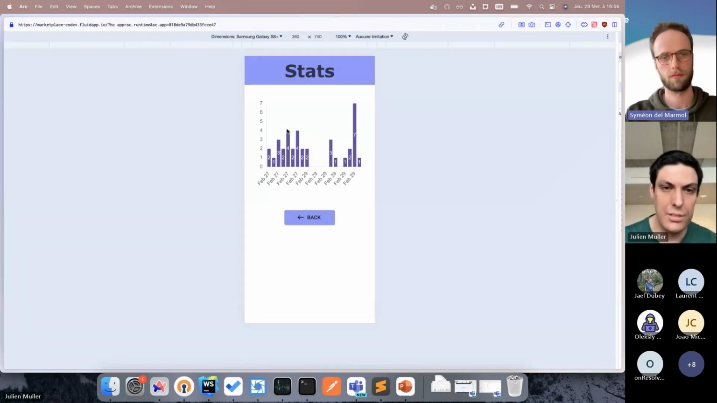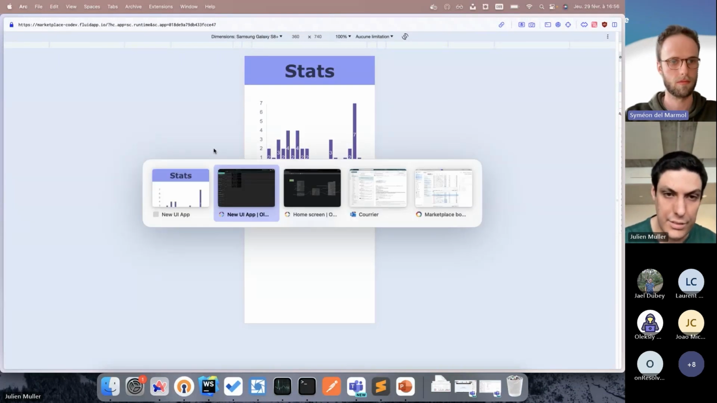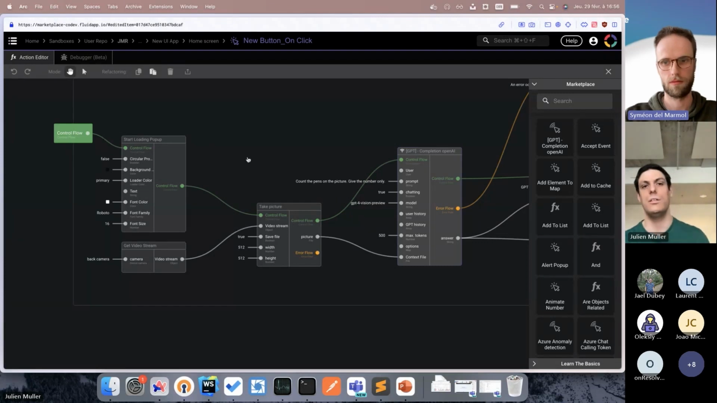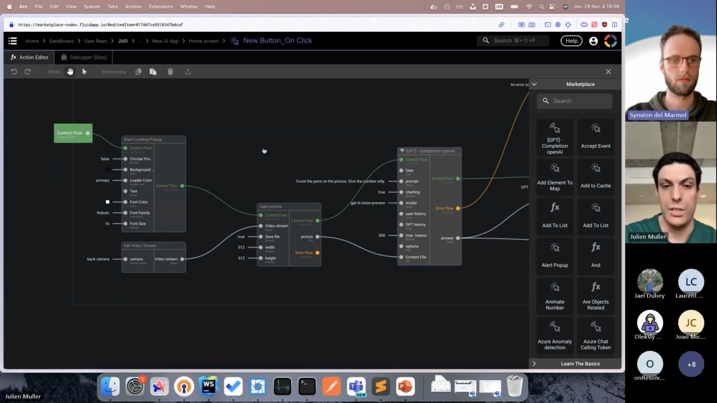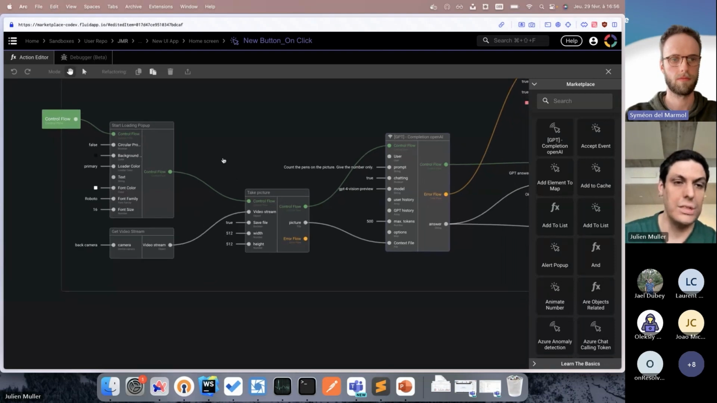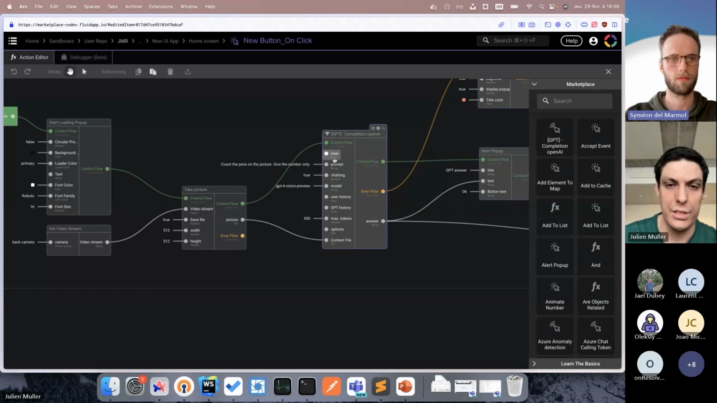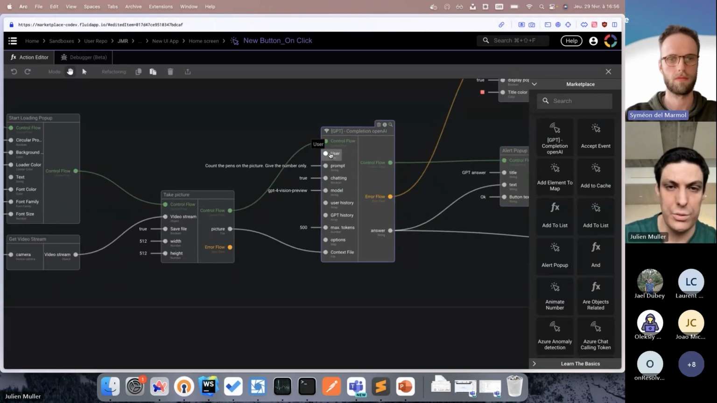Let me open the brick directly, and more specifically, this is the function which occurs when you click on the button, which is called count pens. There is a bit of noise in the beginning, which is some loading pop-up and taking the picture, but the brick that interests us is really the GPT-1,